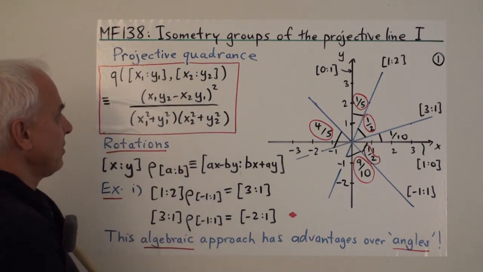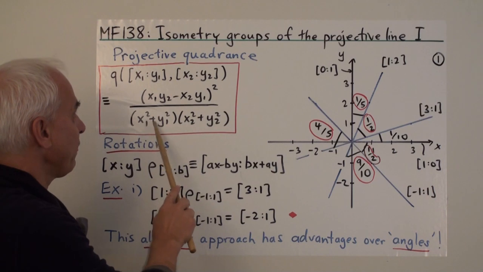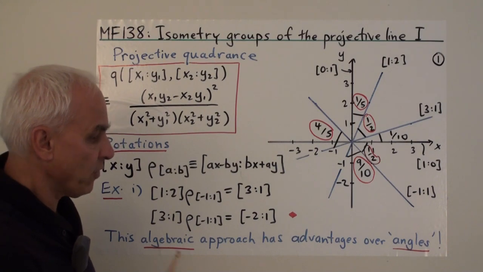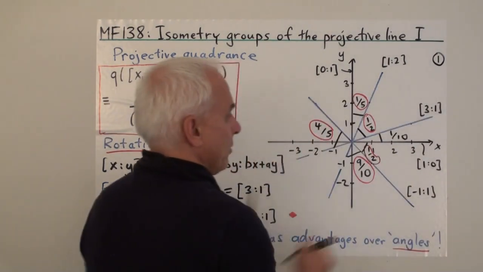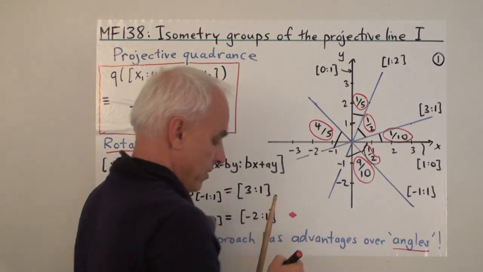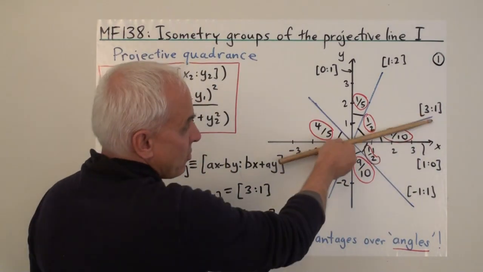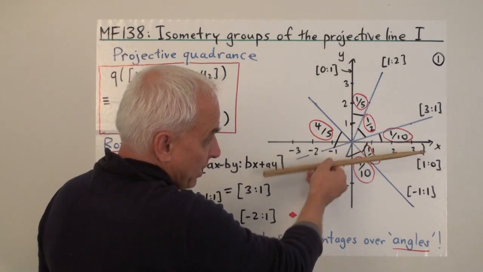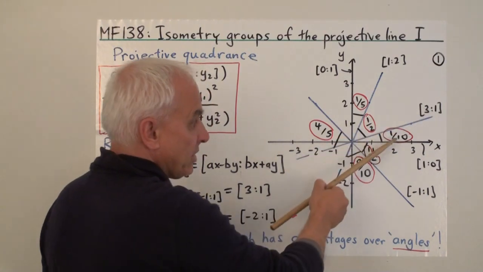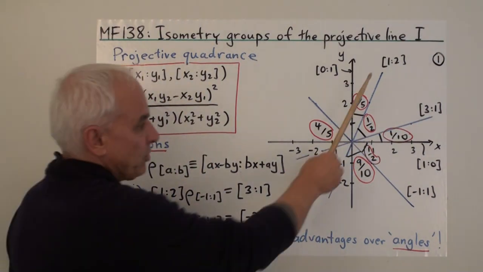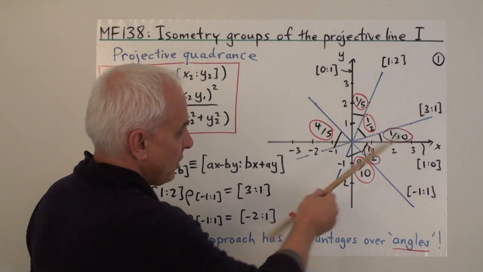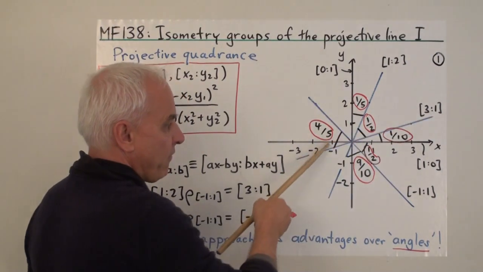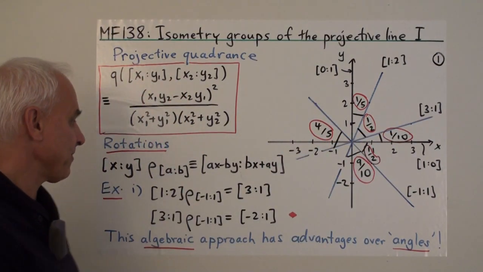Okay, there's two projective 1 points. This is the formula for the projective quadrance between them. And I've listed a few of them here. I should circle this one as well. So for example, the projective quadrance between these two is a half. We've seen that before. Between this line here, which is the line 1, 0, the axis line, and 3, 1 is 1/10. Just plug things in. Between here and here is 1/5. Between, say, here and here is 9/10. Between here and here is 4/5. And you can check some of those.